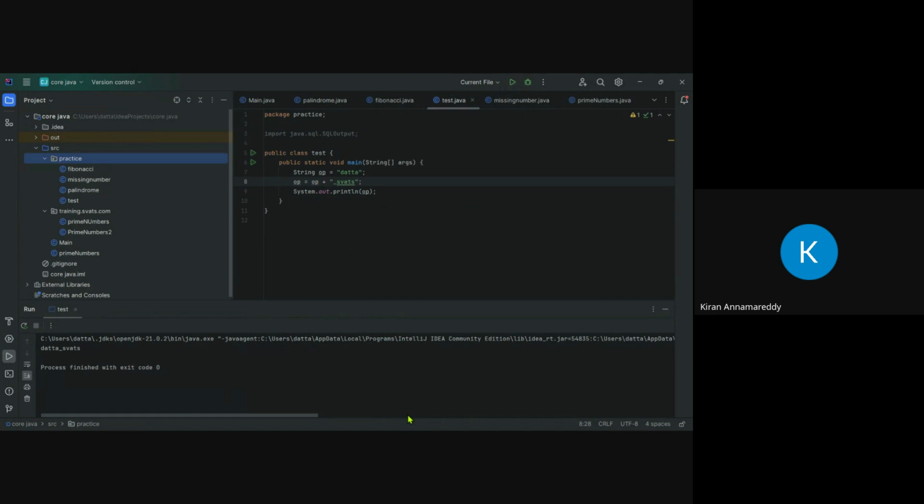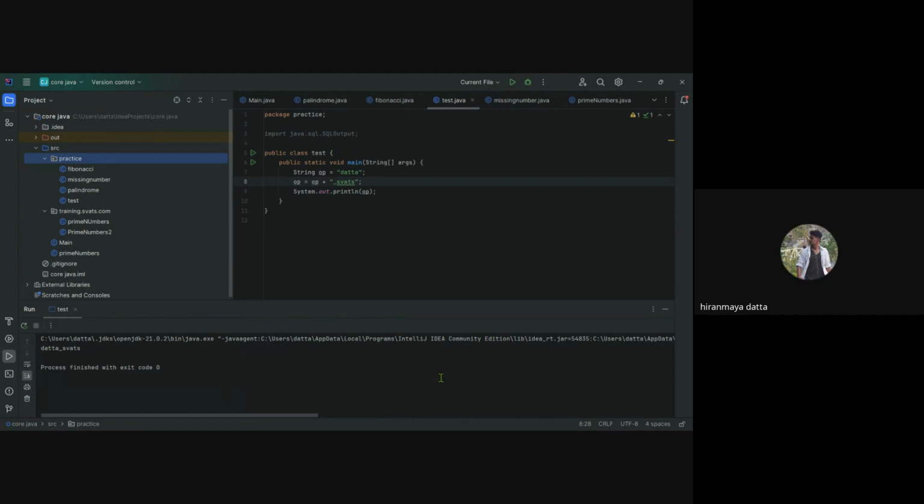If we use the word private in front of the string, we can't change the values after we created this.